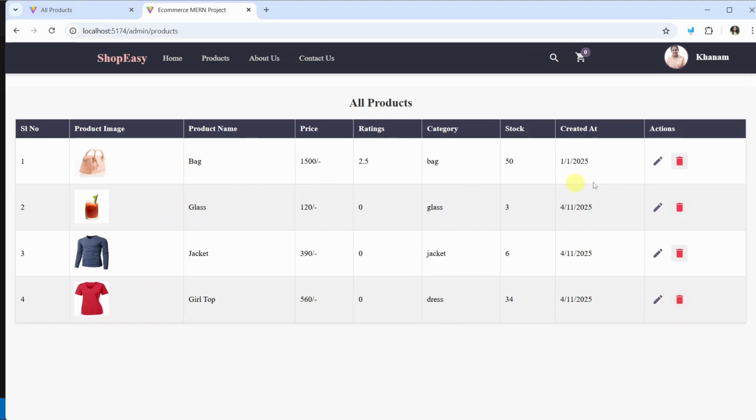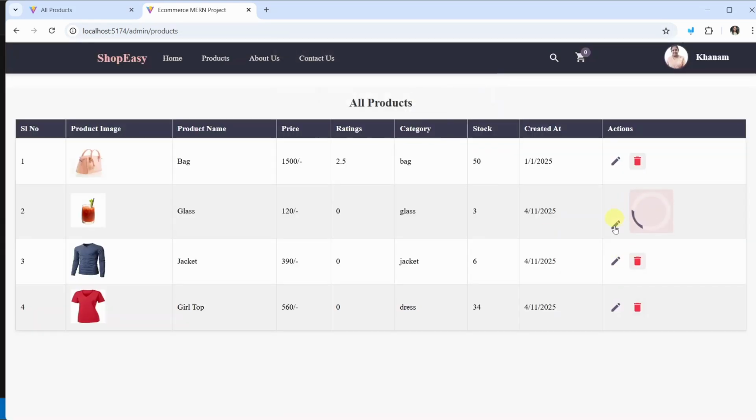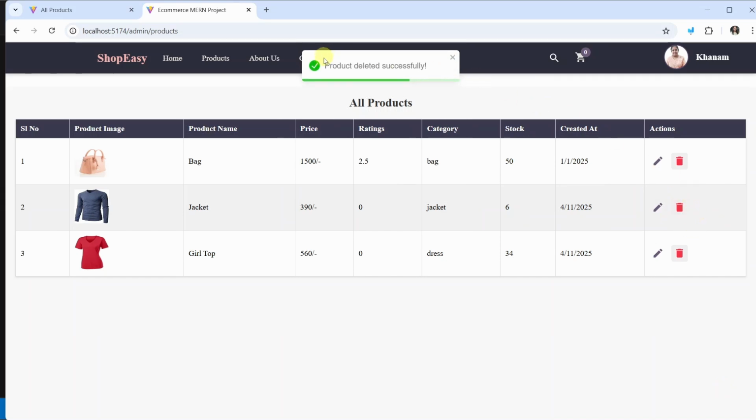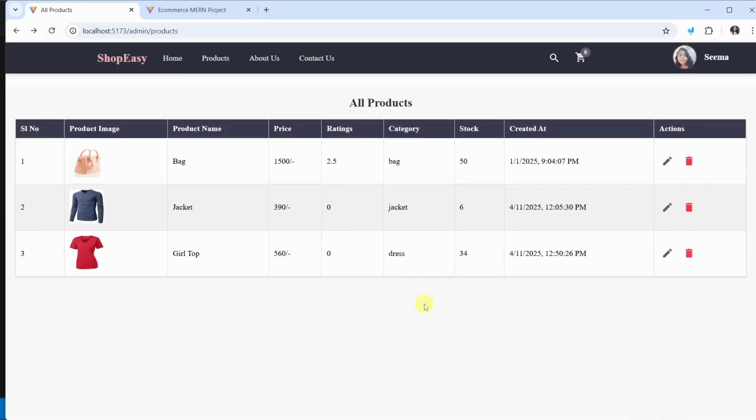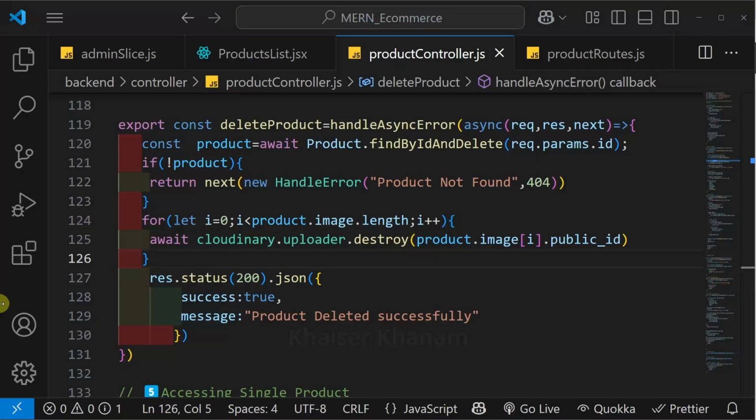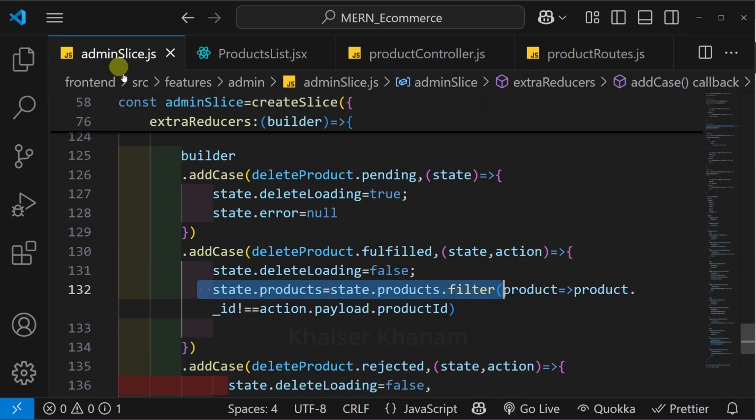But now what I will do, I will just delete this, okay, this glass one. Click on delete, click on OK. Now you can see for this product, I will be having a loading spinner. And once the product is deleted, only then I will be having the message. Again, I will refresh. So what we will do for that, let me come to admin slice,